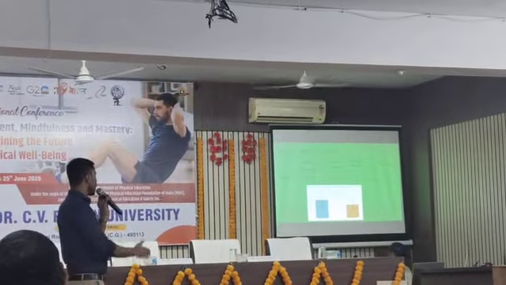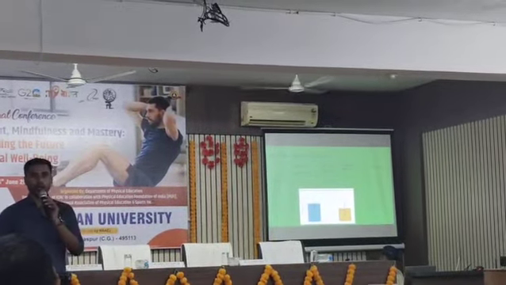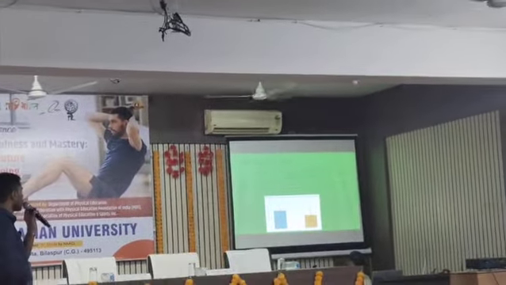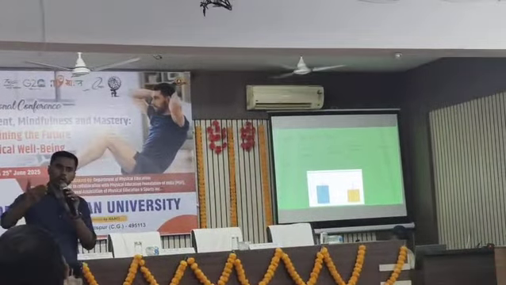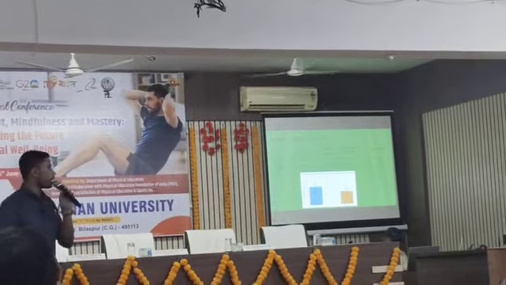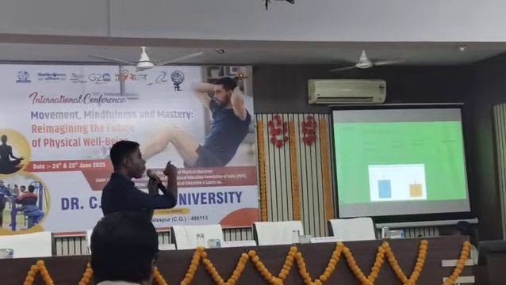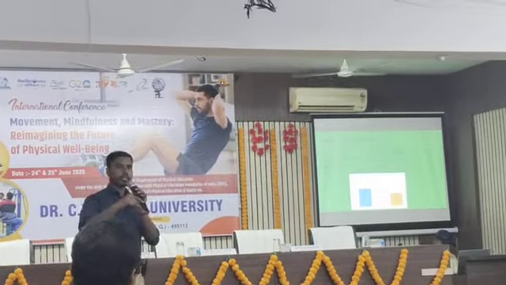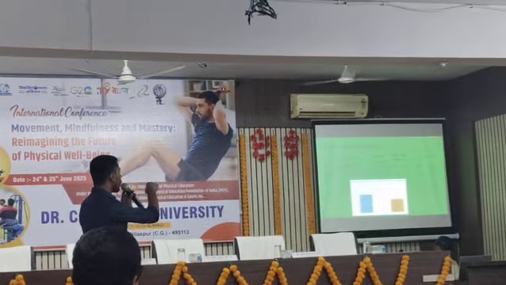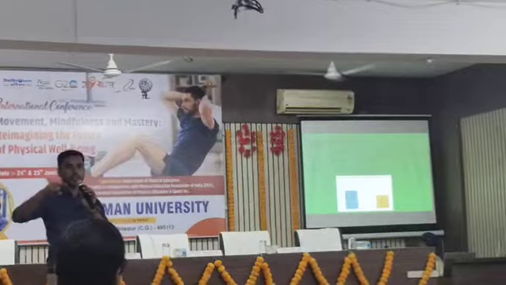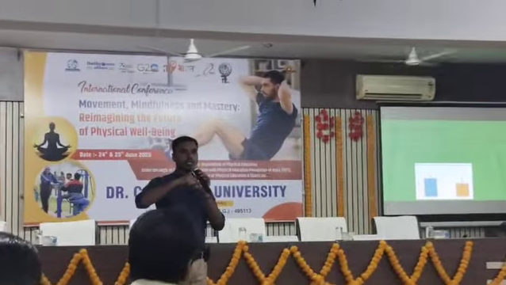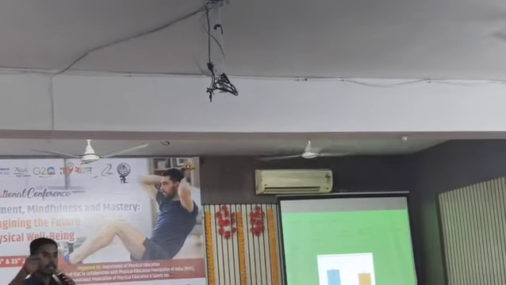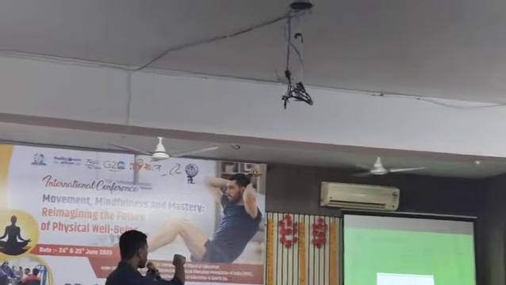Okay, next slide. And this is the result of the spinal mobility, that is BASMI in the pre-condition. Before applying the yogic intervention, the result is 2.97, and after the yogic intervention, it is 2.12. Actually, it reduces, but on the BASMI scale, that means the spinal mobility is increased, because if you see the BASMI score, please